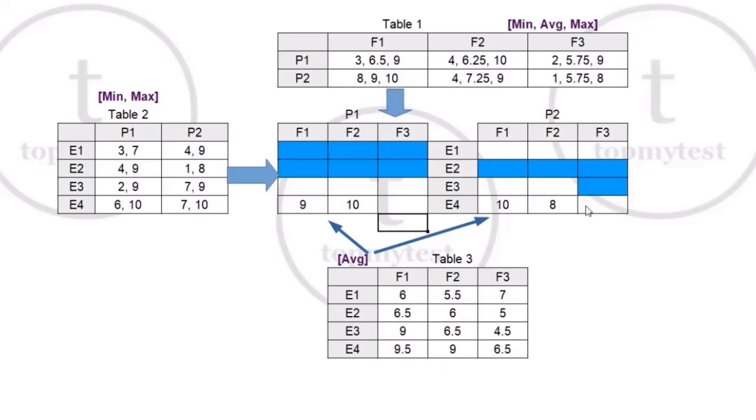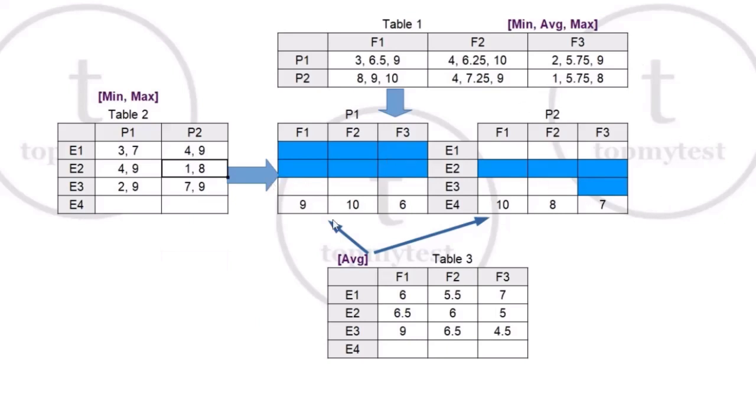We also know that the minimum score in this row has to be 6, right? Now we already have accounted for 10, the maximum. Minimum score has to be 6, so that has to be feature 3. Similarly, feature 3 here, minimum score is the one unaccounted for, so this is 7, right? From this row, minimum has to be 7. We already have the maximum. We know this other one is 8, so this has to be 7. And you can verify 6 and 7 is 13, average of 6 and 7 is 6.5. So we have used up this information. We have used up this information as well.